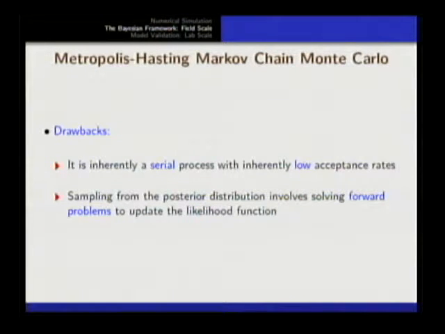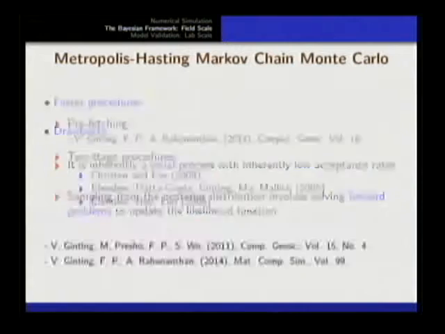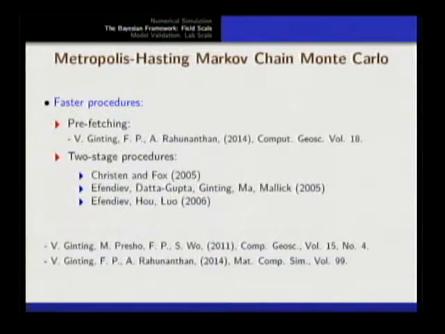So the acceptance rates are small, and parallelization is not as simple. There are different ways to proceed. We have looked recently at a prefetch strategy that allows us to use multiple GPUs to travel in the chain using larger steps than one step at a time. And there are very nice two-stage procedures where in the first stage we run a surrogate model, typically an upscale model, and then if this sample is approved in this first stage, we move forward to the next